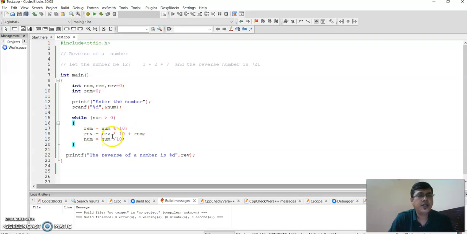So first 7 comes, then 7 into 10 is 70, plus 2 is 72, 72 into 10 is 720, plus 1 equals 721, and we get the reversed number.